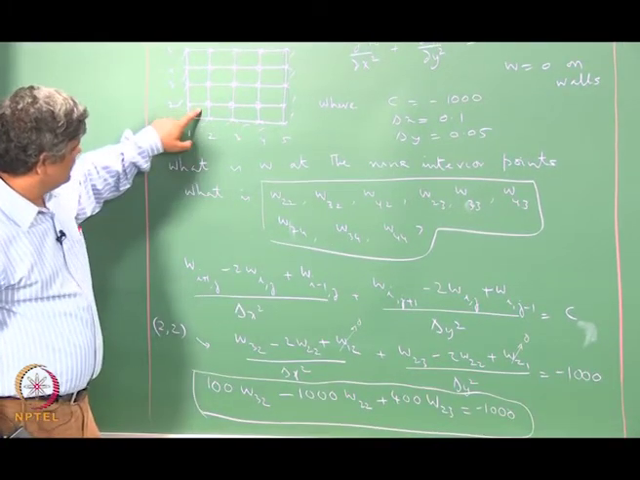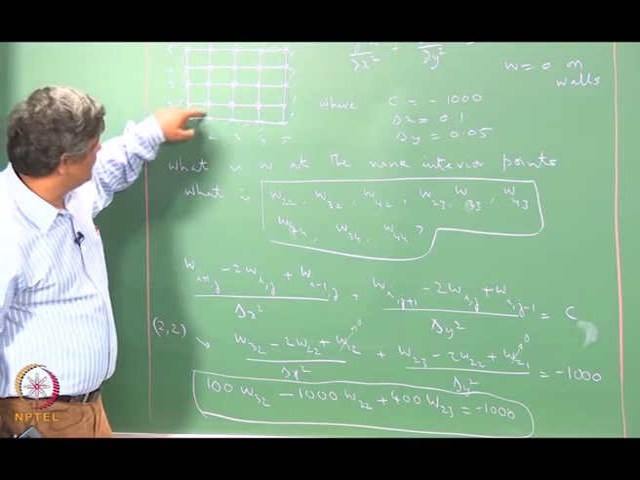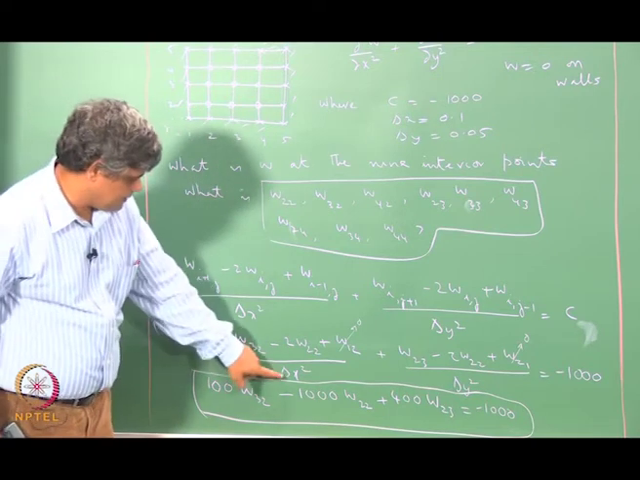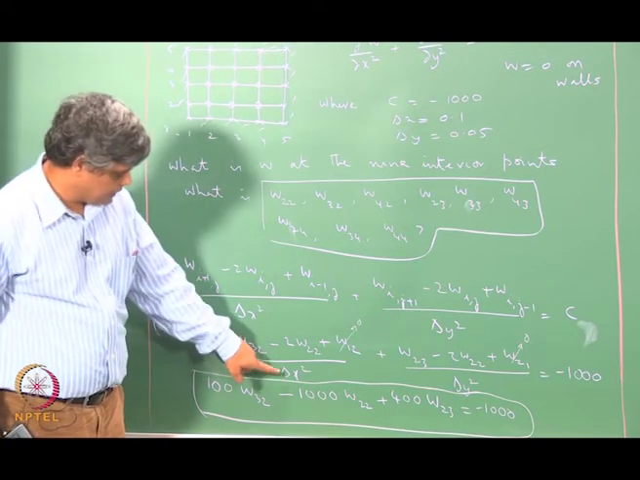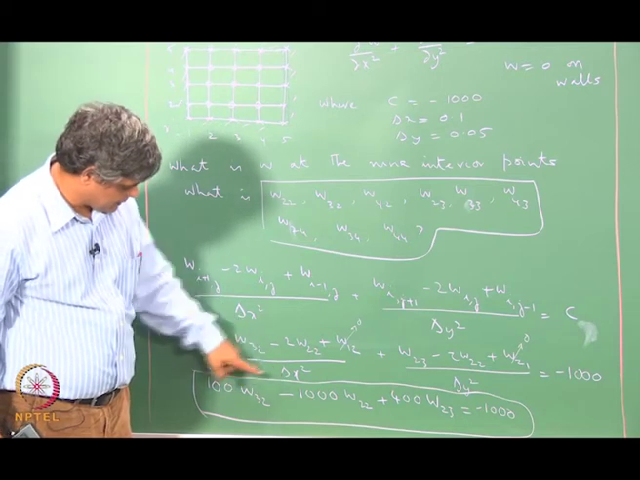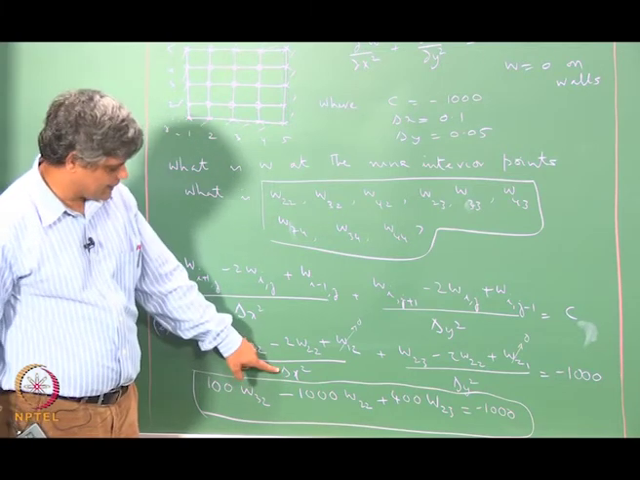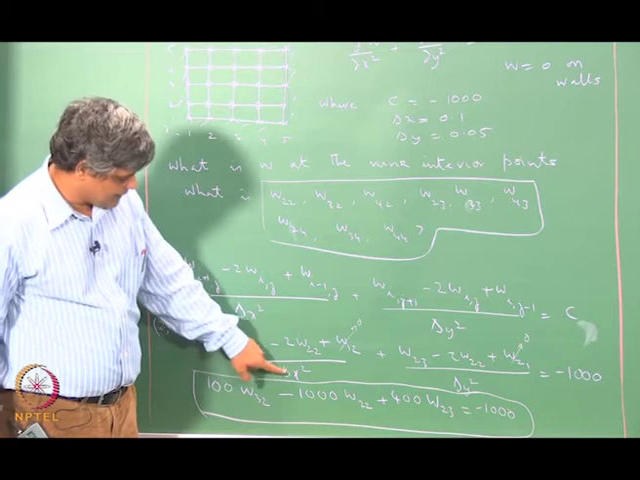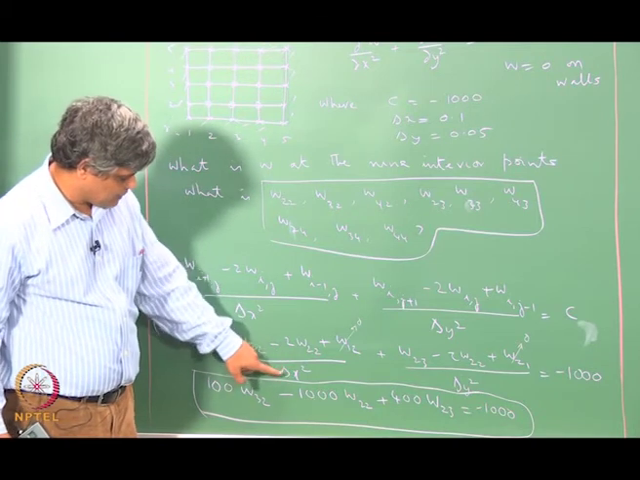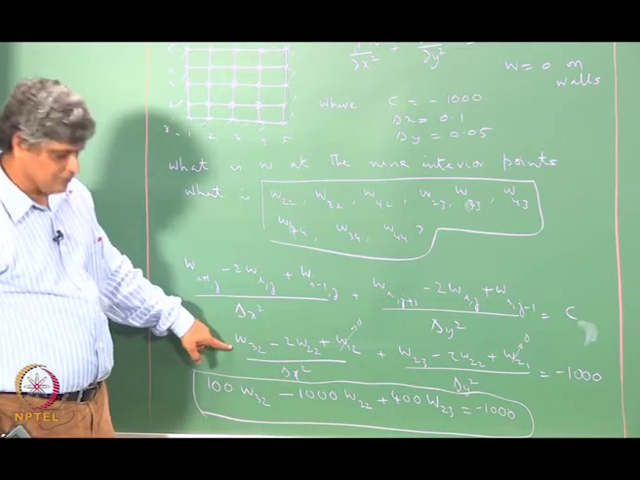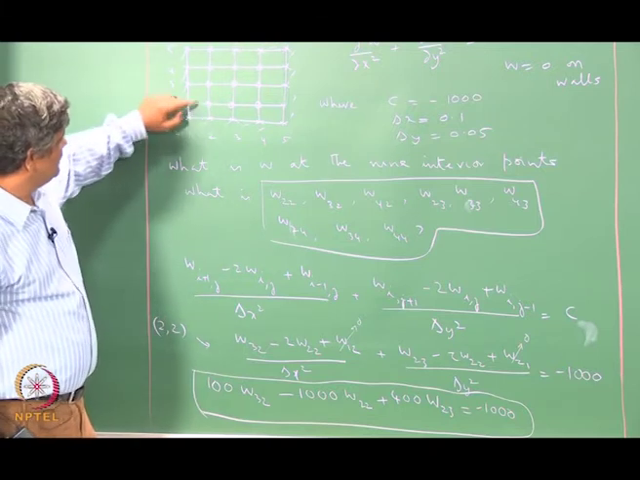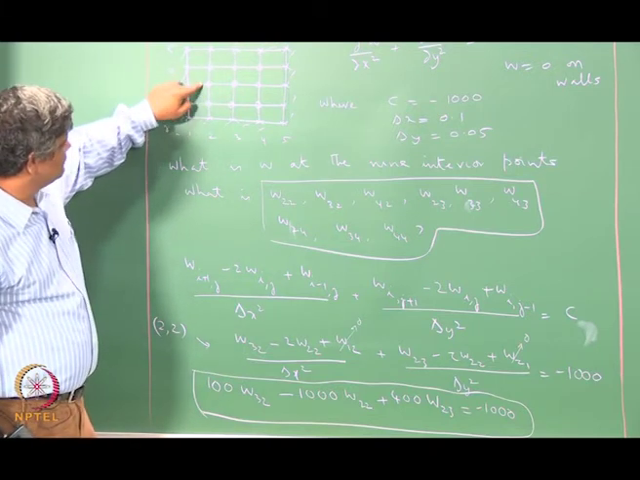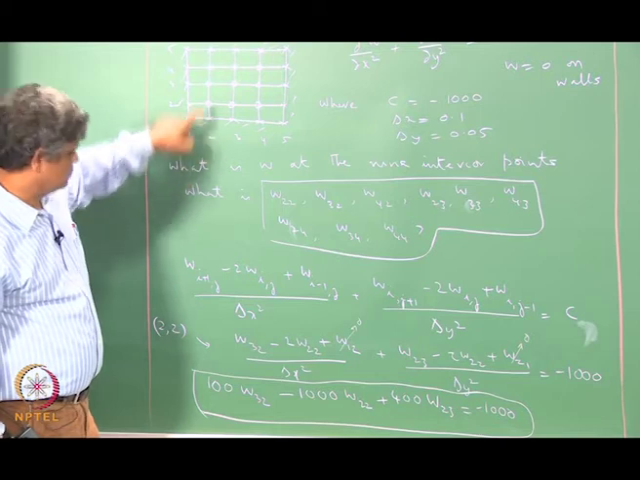For this point, variation in the x direction, that is why we have this W32, and that gives us a multiplying factor of 100, because this delta x is 0.1 and 0.1 square is 0.01. So 1 by 0.01 will give you 100 here, and a variation in the y direction, so that is W23,